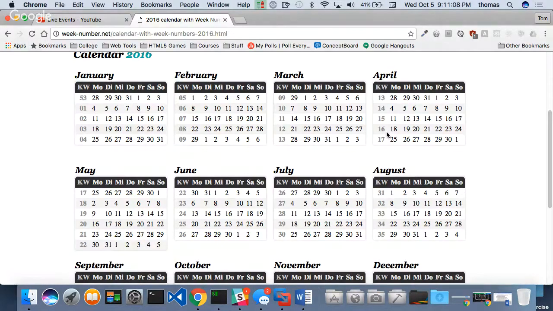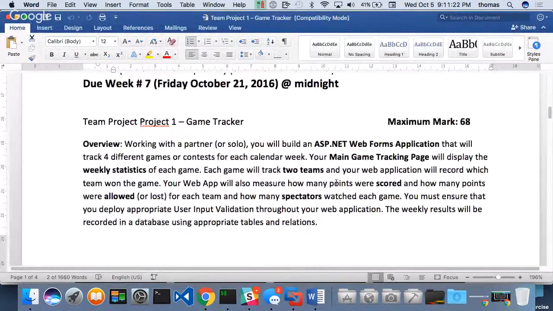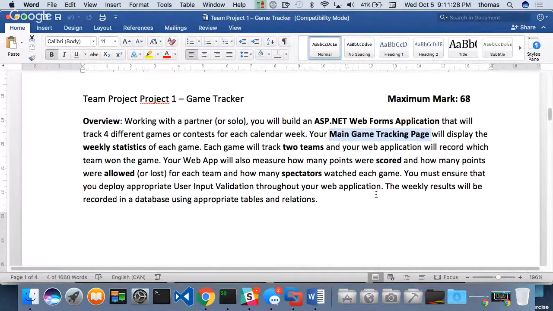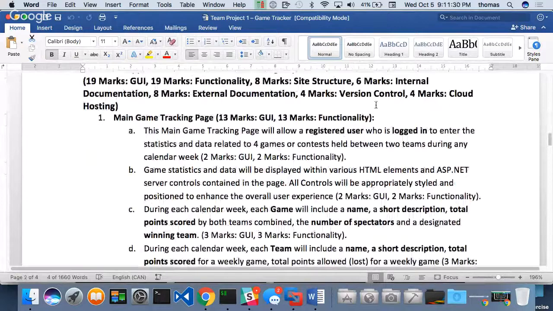You only need 1 page, your game tracker page, a contact page, if you really want to add it in. It's not required. Unless it tells you in the document you need a contact page, don't put it in, right? For example, does it say in this document that you need a contact page? What does it say? A game tracking page. That's it. I didn't say, hey, I need a contact page.